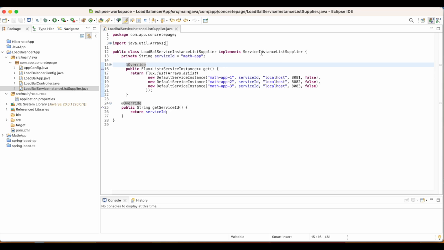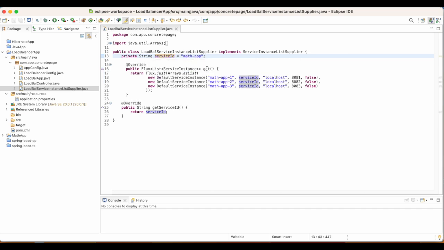This interface has two methods: one is get and another is getServiceId. Get returns the flux of list of service instances and getServiceId returns the service ID. In my case, I have configured the service ID as math app.